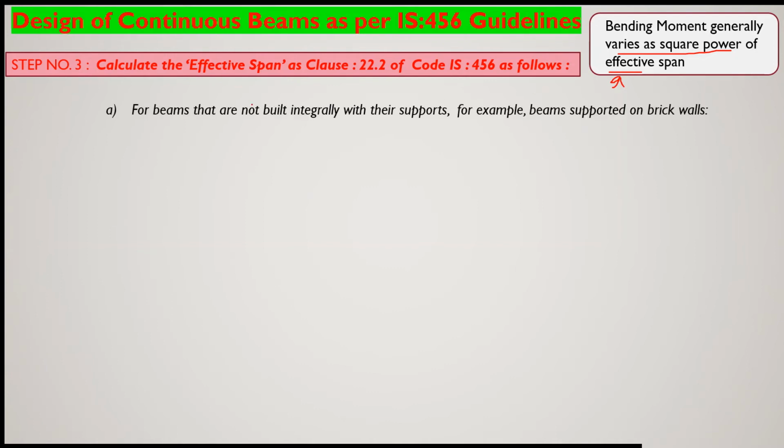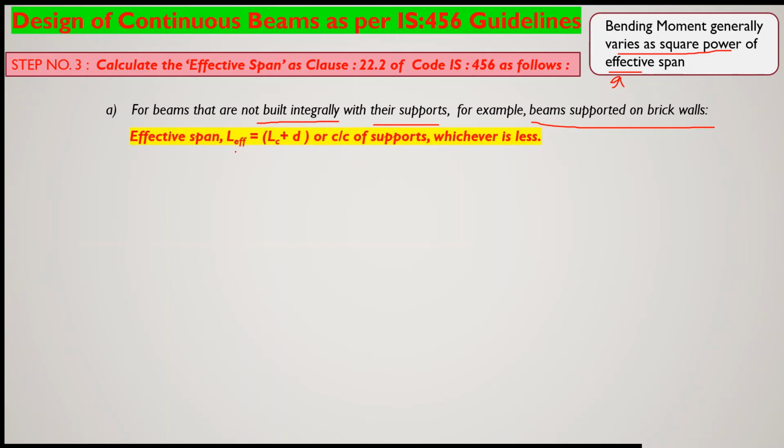Now for beams that are not built integrally with the support, in very simple language, the beams which are not fixed beams, they are not cast integrally with the supports. For example, beams supported on a brick wall. You first put the brick walls, and then you cast a beam on the brick walls. That means the brick wall is used as a support to the beam. First you have cast the brick wall, then later on you cast the beam. So they are not integrally bonded to each other, or integrally cast with the support. That type of beam, that means a simply supported beam,